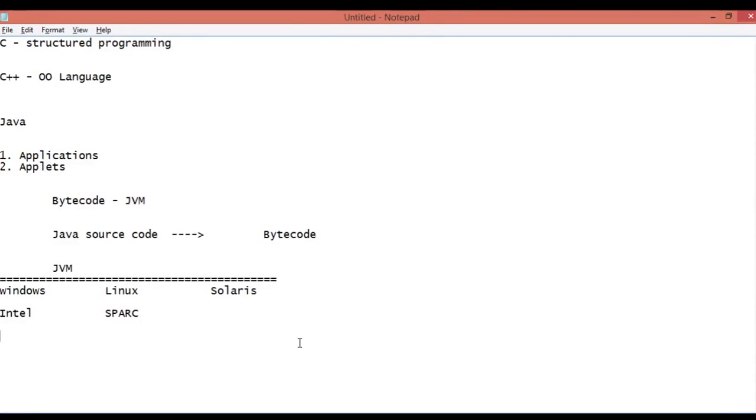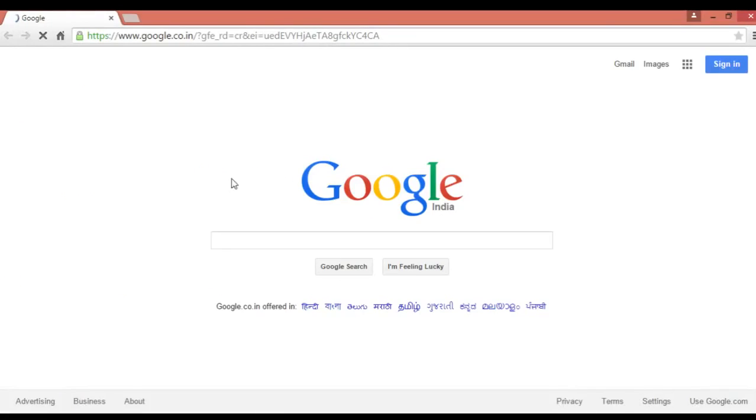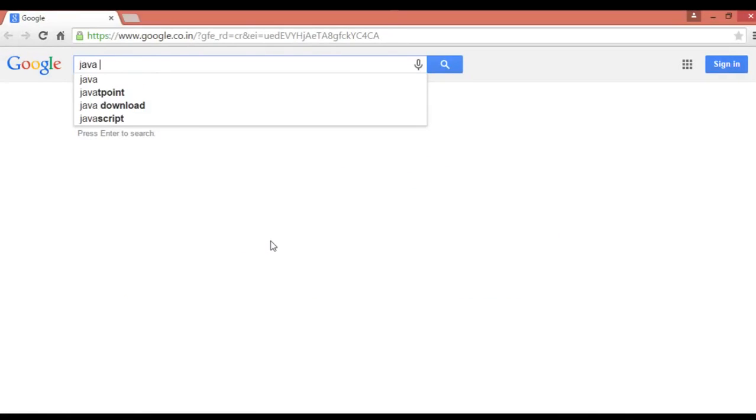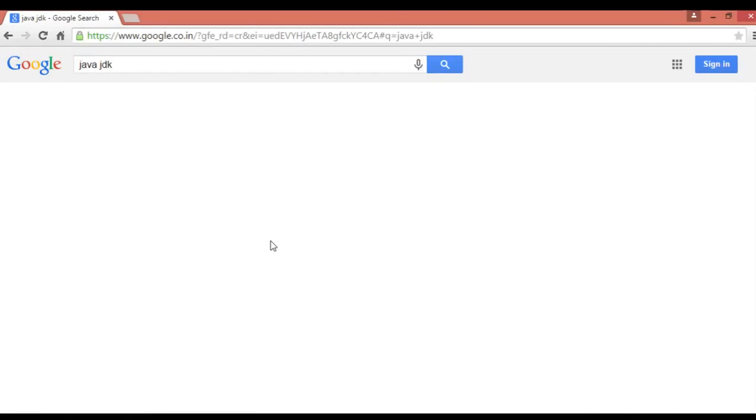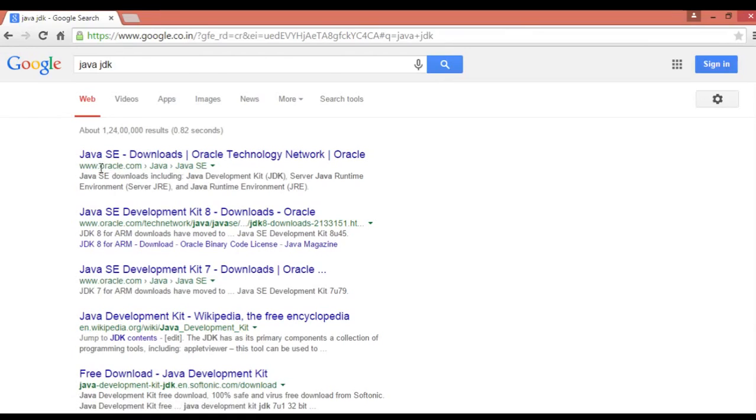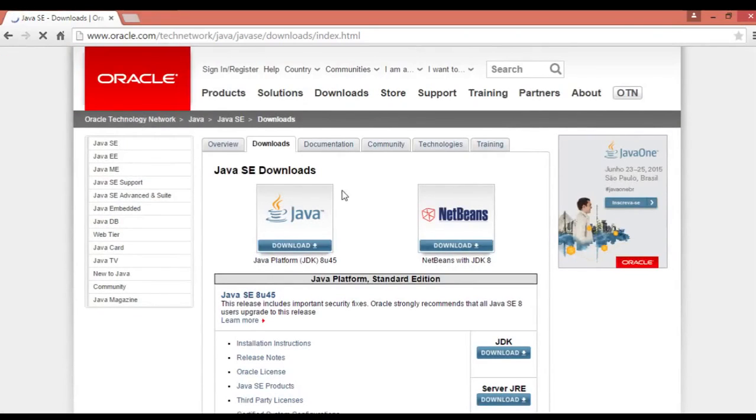Let's see how to download and install Java. Go to google.com and search for Java JDK. Then click on the link, Java SE download. Here you can see the latest version of Java which is available. Click on this Java, and apart from this there is an IDE also available, so you can download this IDE as well. For now, just click on this Java,